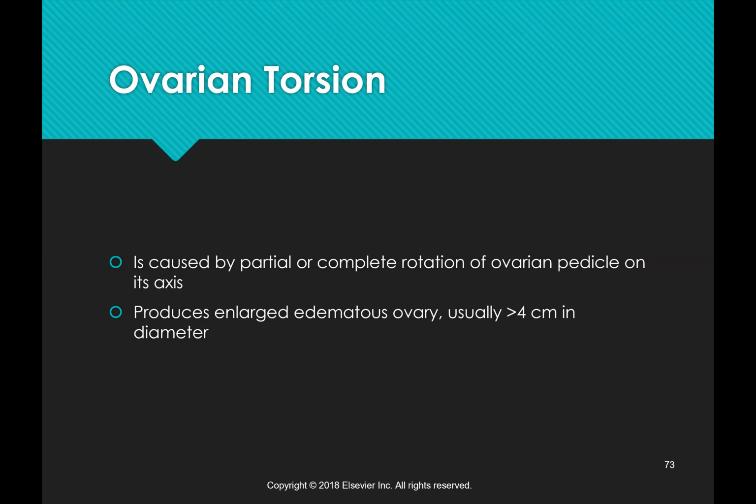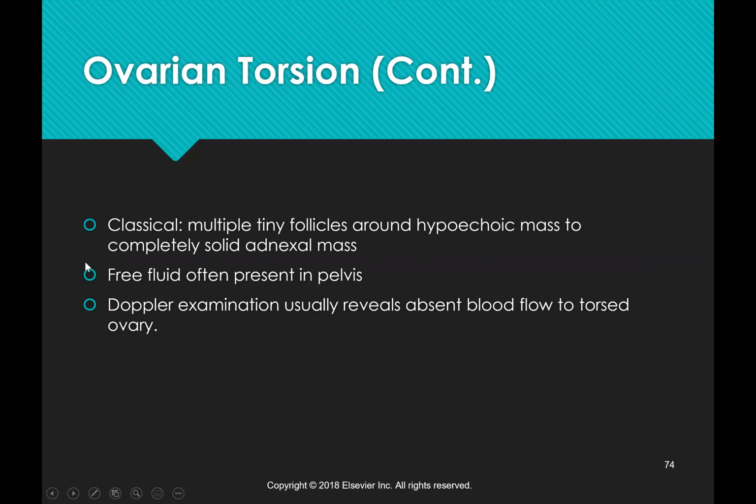But if you were to scan a patient with ovarian torsion, what happens is once there's not as much blood flow, it becomes a swollen ovary and is usually greater than 4 centimeters in diameter, so it becomes pretty big. You're going to see multiple tiny follicles around the hypoechoic mass, a completely solid adnexal mass, and free fluid is often present in the pelvis, along with the clinical symptoms of a patient in severe pain. Then the Doppler exam reveals absent flow, which is going to be your big thing,